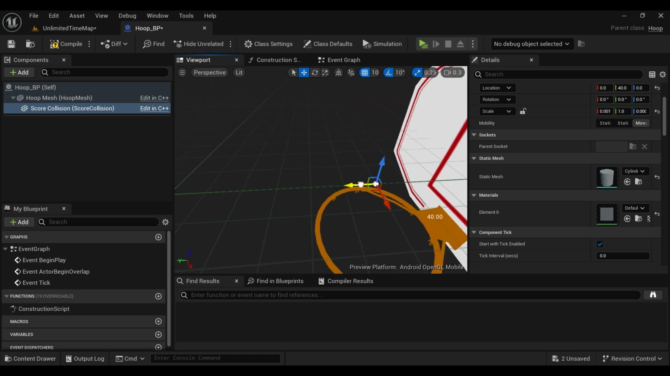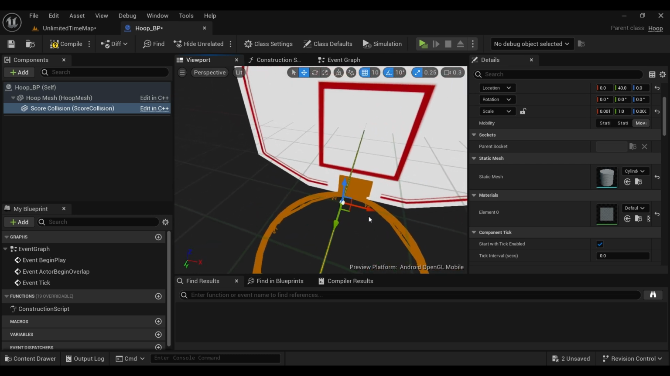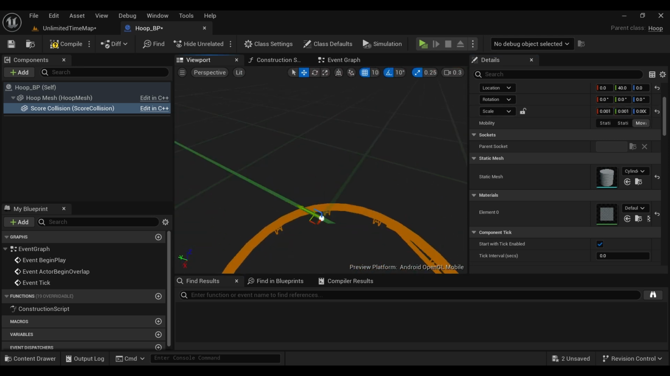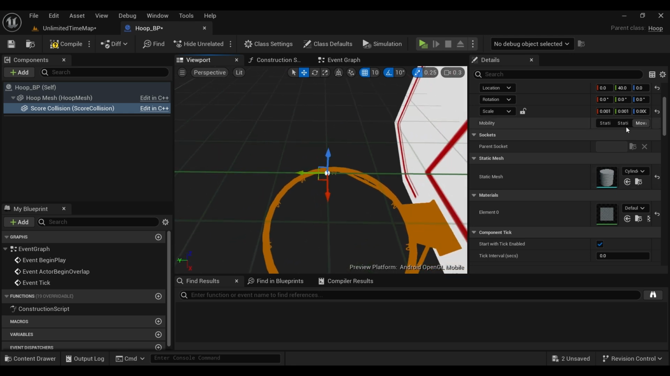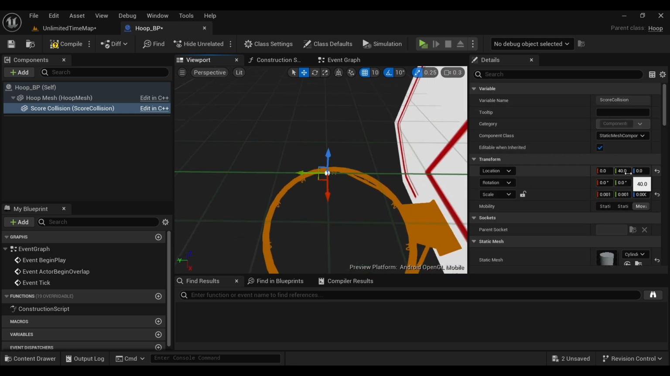Okay, you saw here. Now here, 0.001. Okay, it's very small. And for the location,